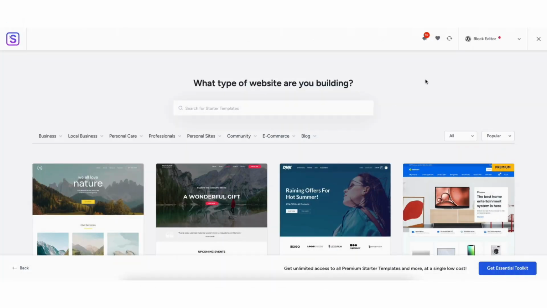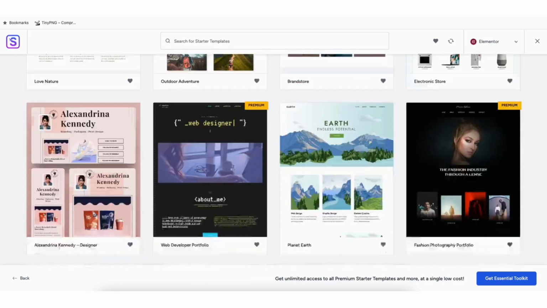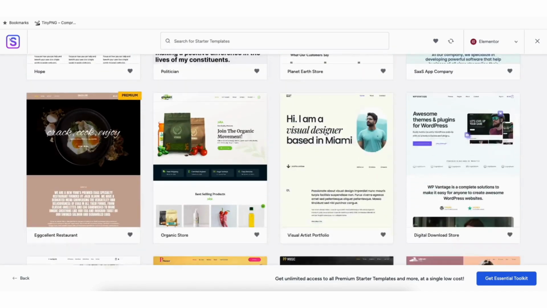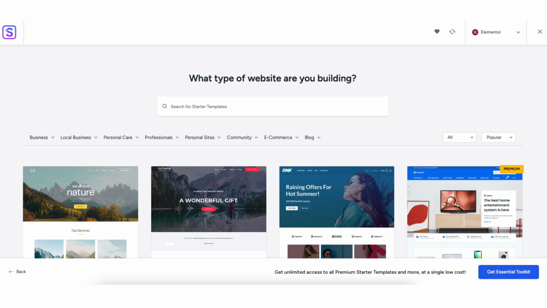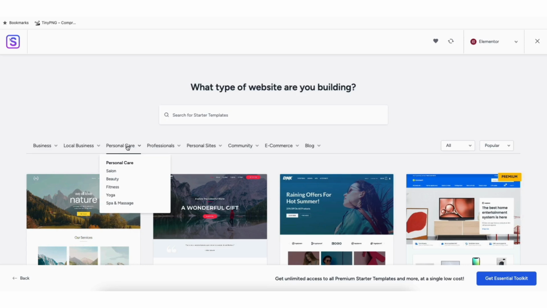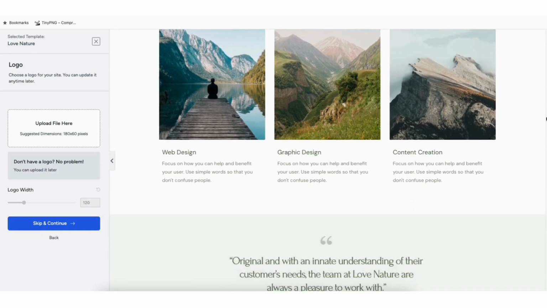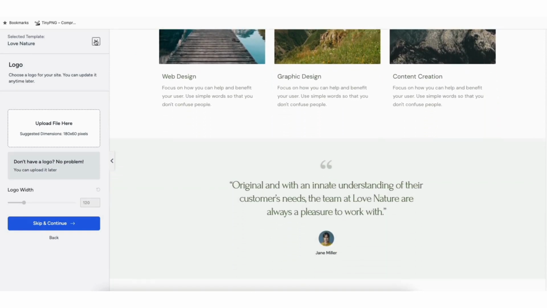On this page, if you ever see something other than Elementor showing up at the top, just click from the drop-down and select Elementor. It'll now showcase a bunch of WordPress themes you can build your site with using drag and drop. You can type in the type of website you want to create to pull up templates based on that. You'll see a bunch of categories you can hover over and select to build your site. If you click a theme, it'll show you what it will look like so you can preview it. Click the X button to go back to the themes page.